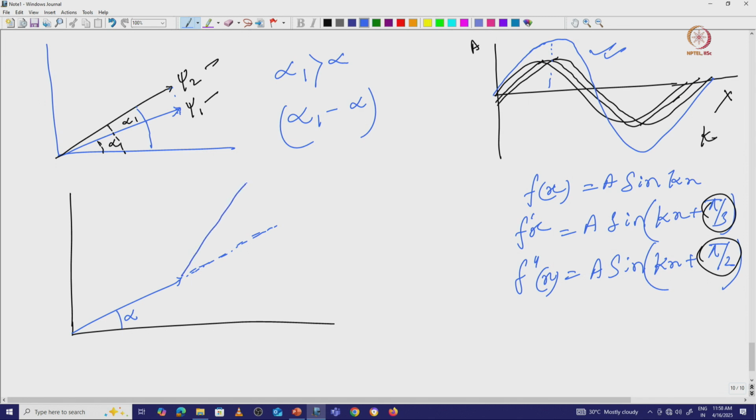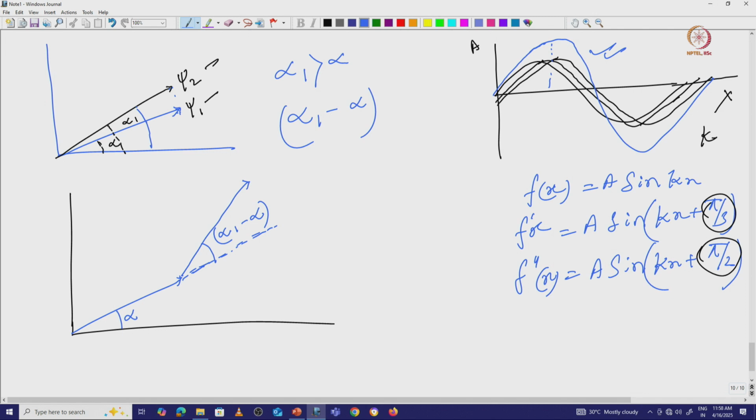So I am drawing that wave like that. In the vector diagram, whenever you try to add these waves, it will always be continuous. One wave's start point will be this, and whatever the end point, the second one we have to start from that, and we have to consider that angle very carefully. If there is an angle change, then we cannot get the proper result. So this will be alpha 1 minus alpha, if we just consider this one, and this is the alpha.